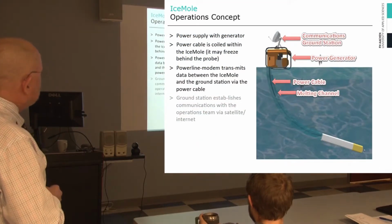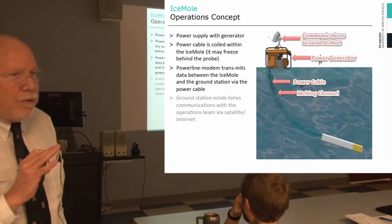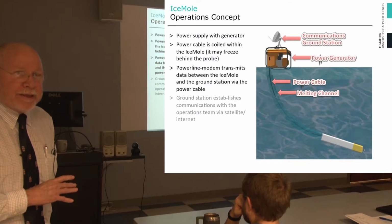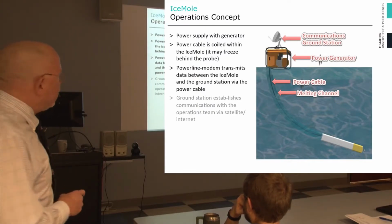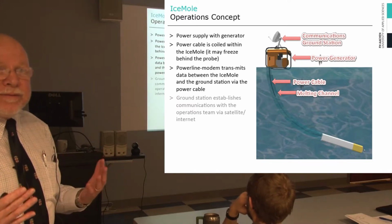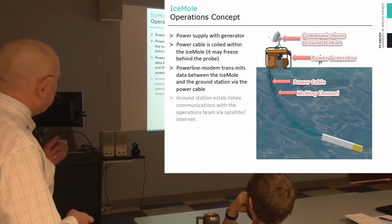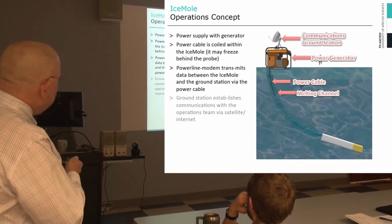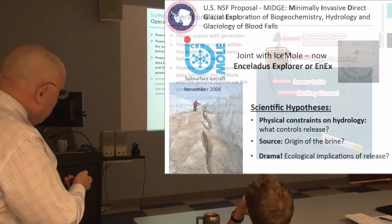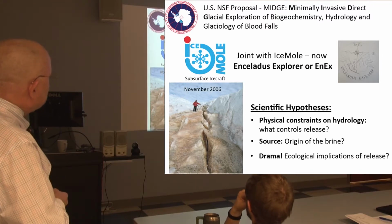So again, another cartoon, and again, this is being developed to go to Europa and Enceladus. That's what they're funded to do. So this was a great marriage because they could test it in real-life ice and also provide us with samples. So like I said, it was a great marriage. And so we had a bunch of their engineers down sampling. So the Enceladus Explorer,